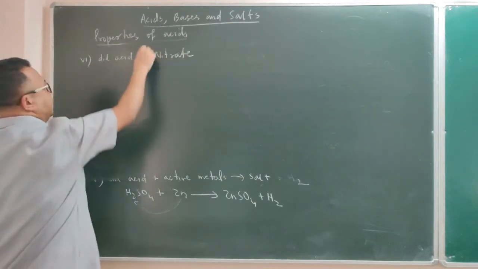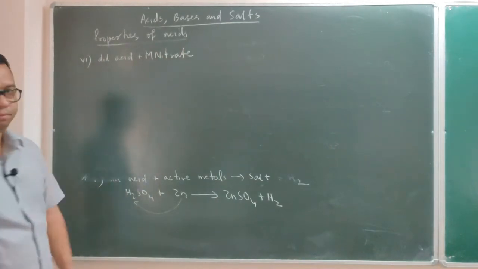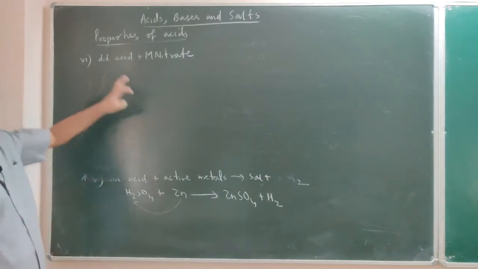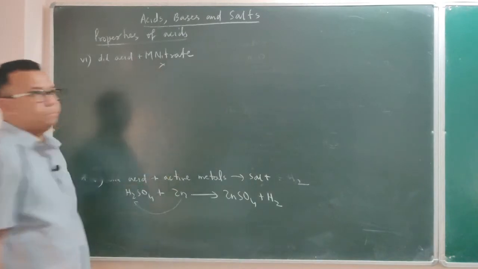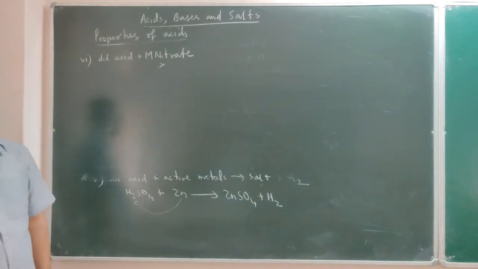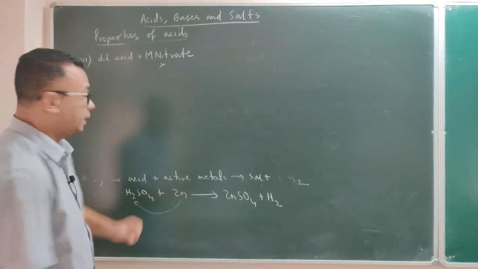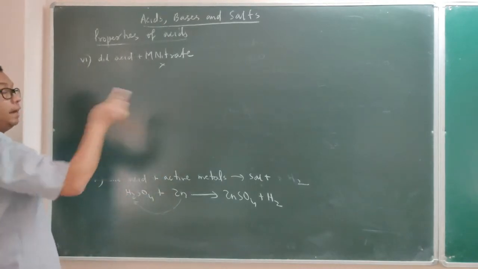As such, dilute acid and metallic nitrate don't react. There is no such sequence like how we have been writing. You will not find it for nitrate. This reaction does not take place. But there is a special nitrate, and that also for a special acid,